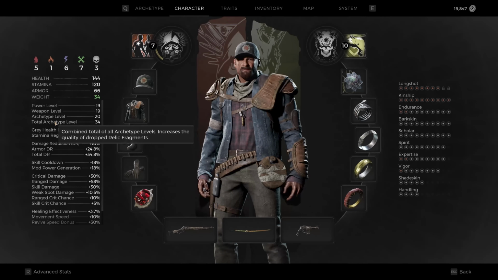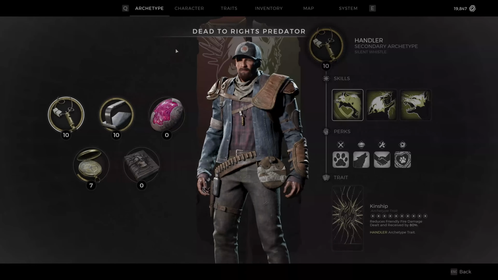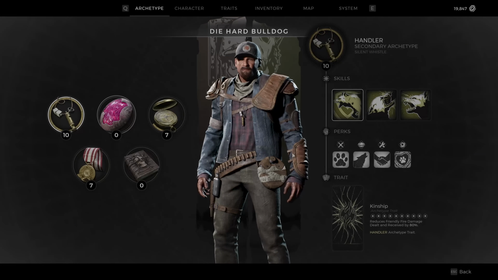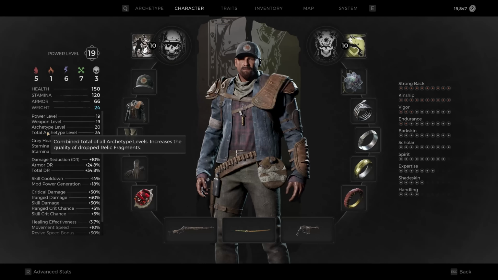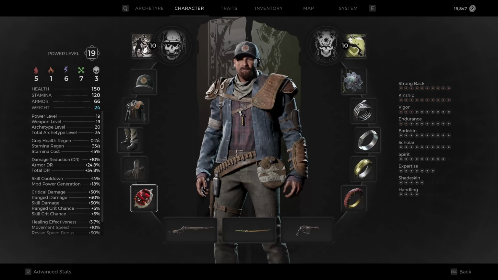Now, the other thing here for advanced stats is your total Archetype level. For any of the Archetypes that you have acquired, I've got 10, 10, a 7, a 7, a couple zeros, and there's still more that I don't have. But you'll notice it states, combined total of all Archetype levels increases the quality of dropped relic fragments. So your